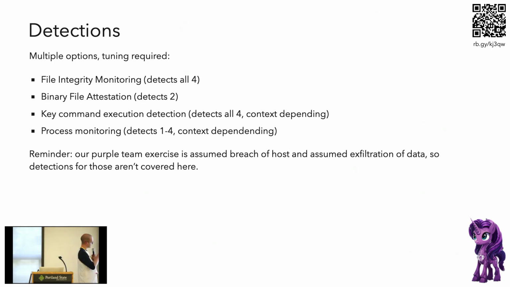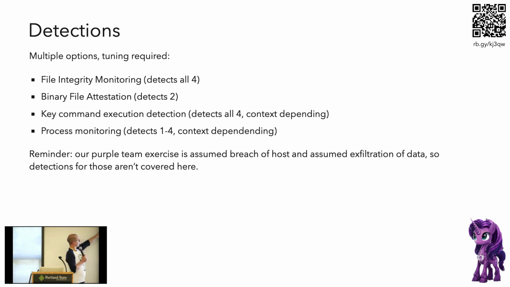And the reason this has a purple pony is that you don't tend to get the detections. Detections is a blue team thing, right? But you tend to get to that level of maturity once you're starting to do this purple teaming. Once you've got the adversarial mindset working with the defensive mindset, that's when you're all like, shit, we need detections, don't we? Right, okay. So you've got a lot of options, and the downside is this tuning required. And maybe the other downside is, do we need a team now to go listen to this stuff?